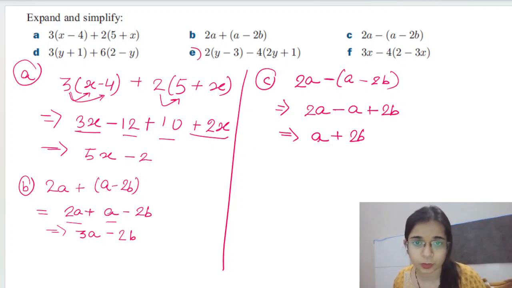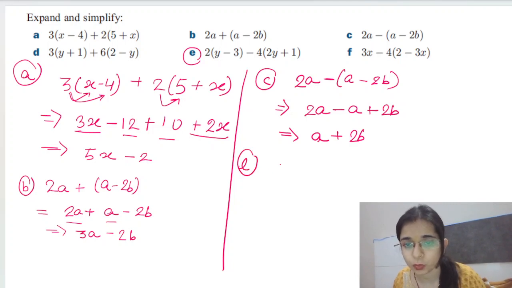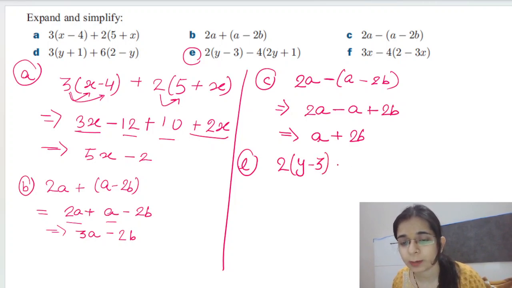So now after that I'm going to attempt this E part. Rest of the parts I'm leaving for you. You can practice these questions at home. So 2 bracket starts y minus 3 bracket close minus 4 bracket 2y plus 1 bracket close. So what happens here is,